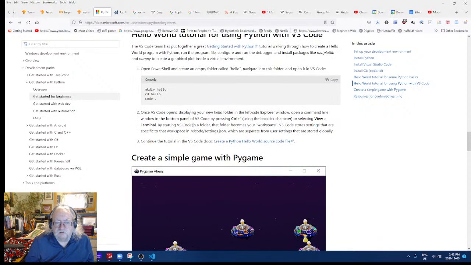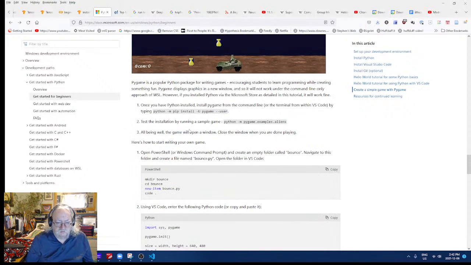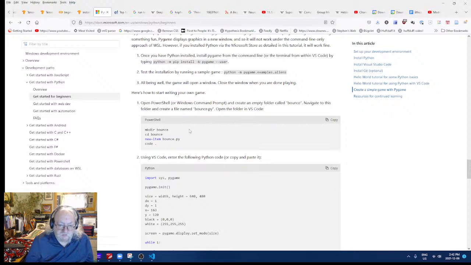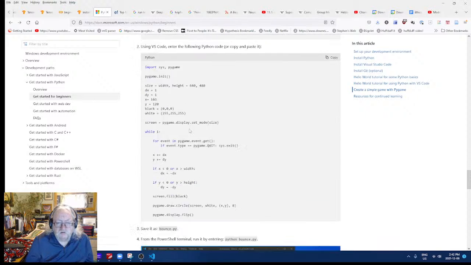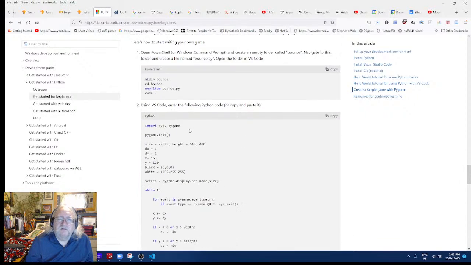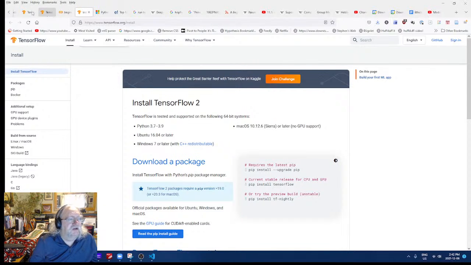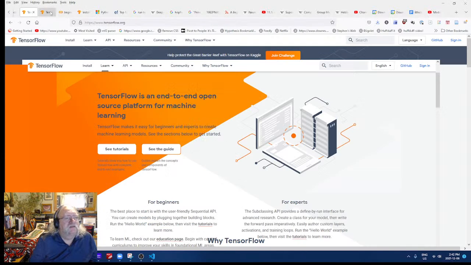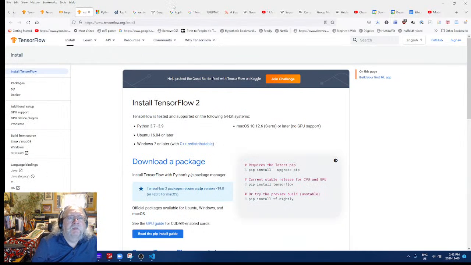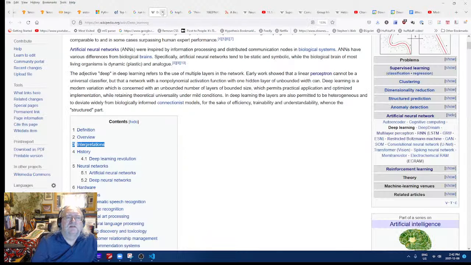Okay, Python pip. Now, as I remember, we're supposed to... well, okay, that's good enough. Let's see if we can come back here to TensorFlow now. Isn't that terrible? All right. Let's get that.